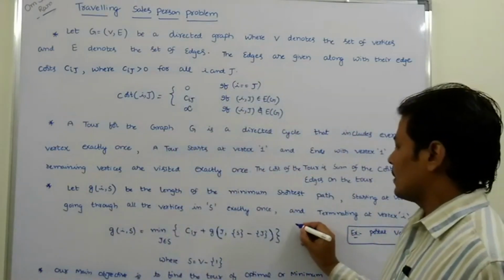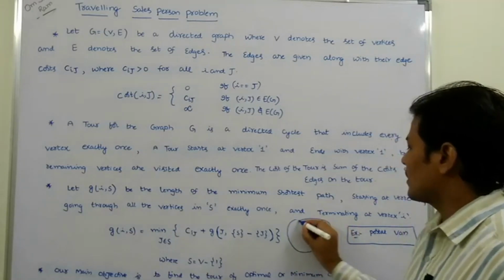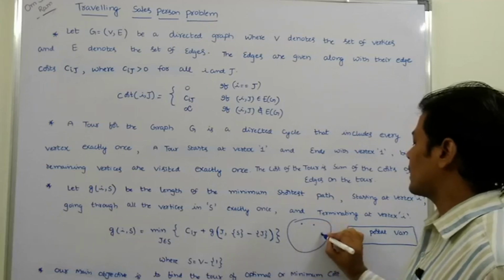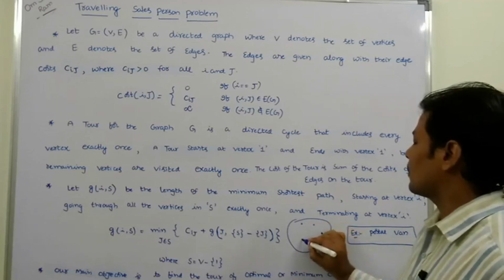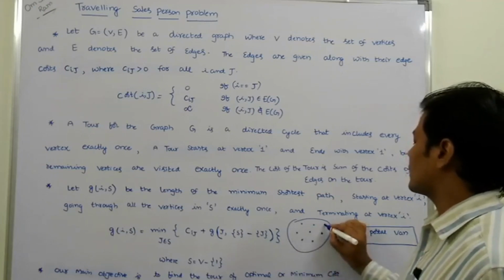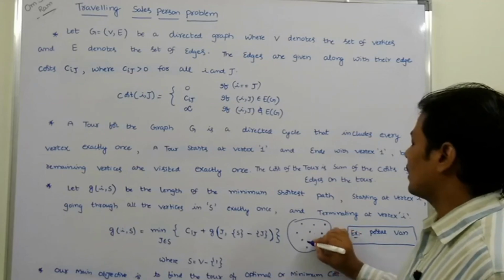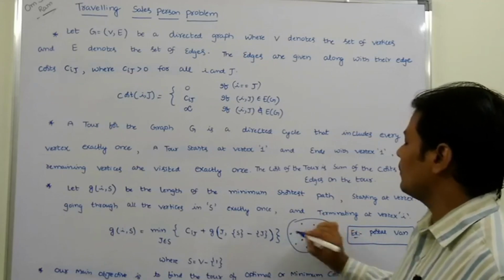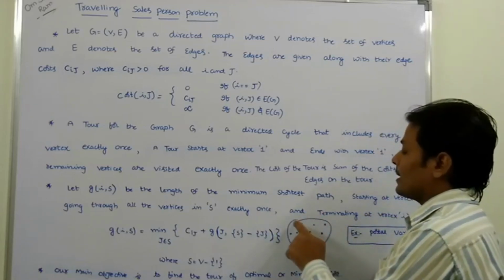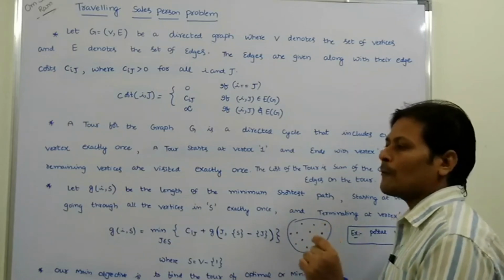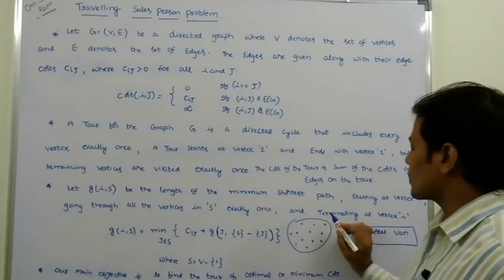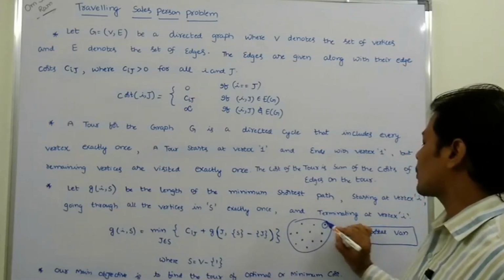Suppose this is one city. In this city, this is one post office, this is another post office, and all the dots are post offices. So this is the city of Hyderabad. These dots represent the post offices located at different places. The postal van starts at this post office,